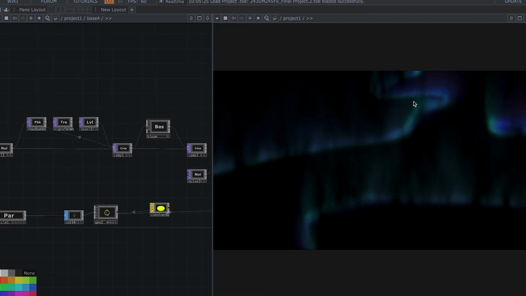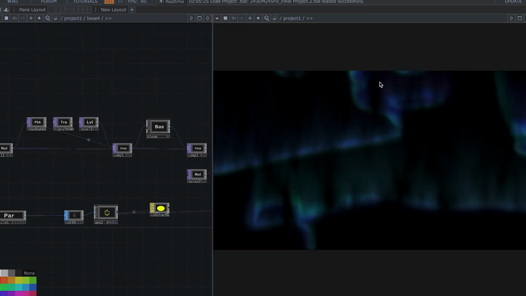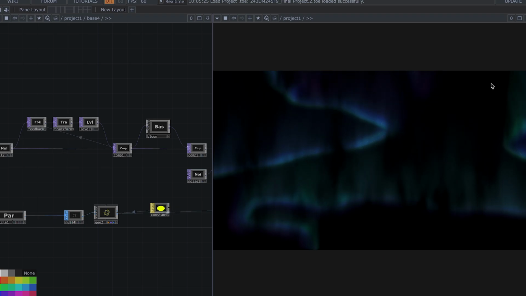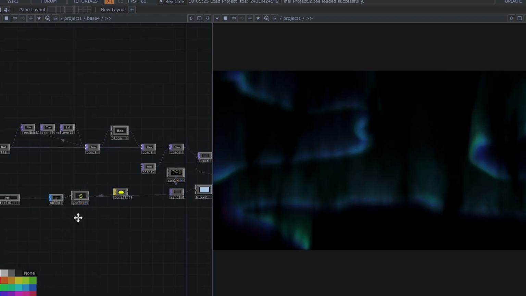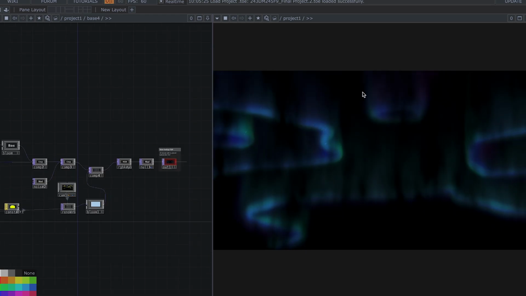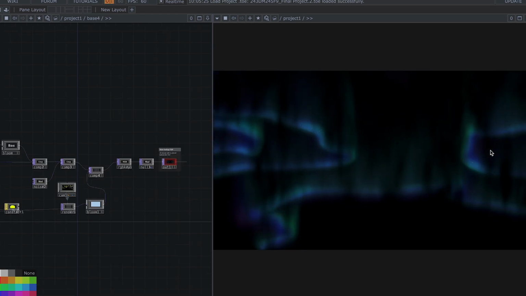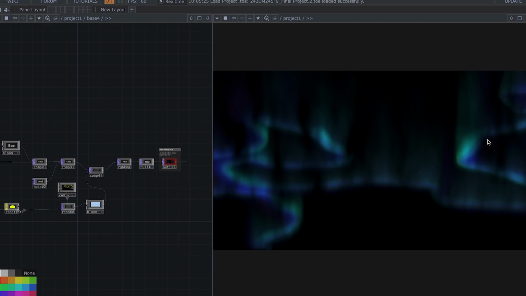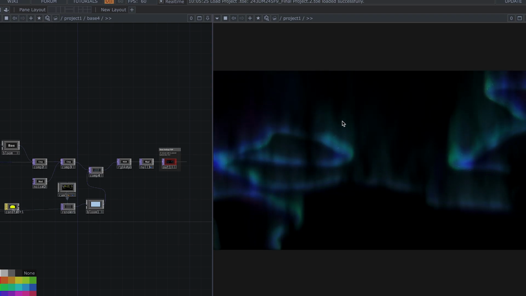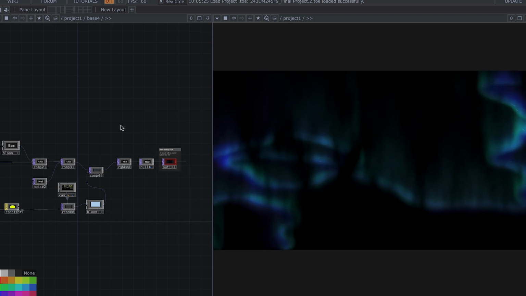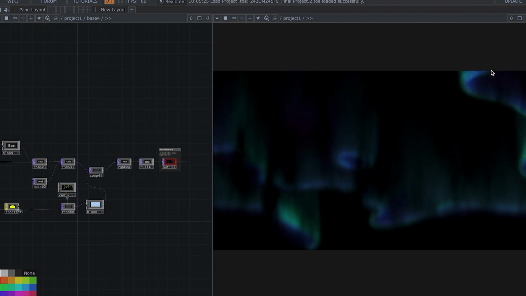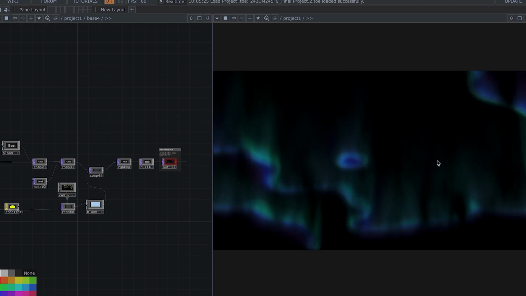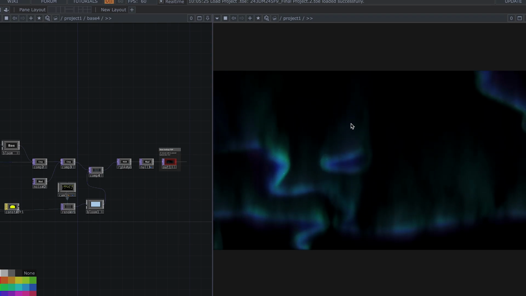As you can see right here, the background or aurora effect is generated through the combination of the glow and color adjustment, creating a night sky ambience that complements the floating fireflies. The visual effect of the aurora adds depth and a sense of atmosphere, immersing the fireflies within a luminous night scene.